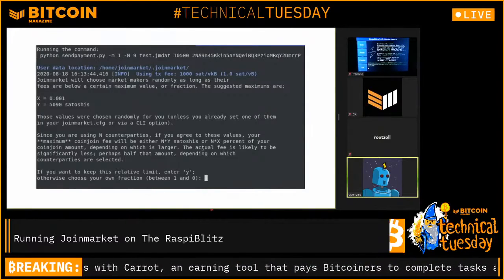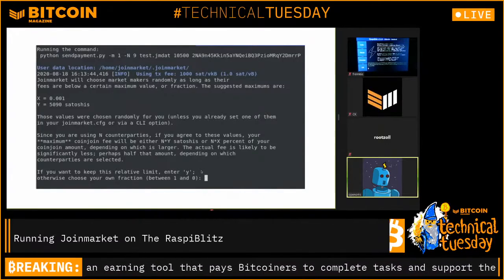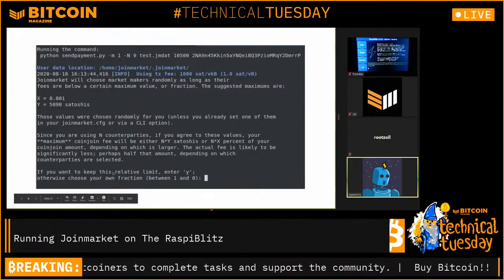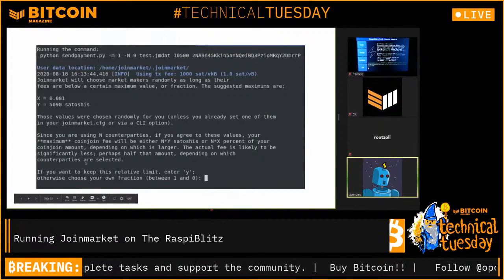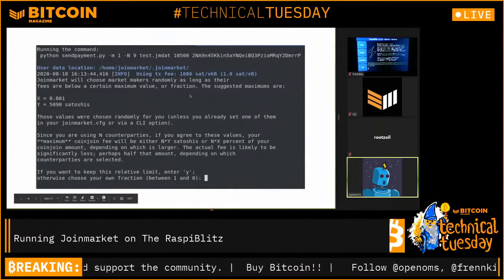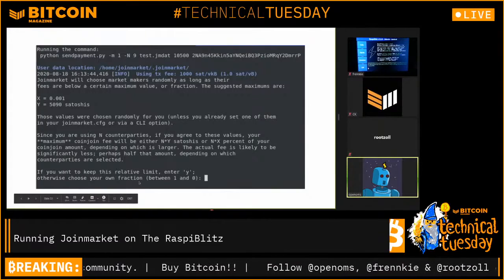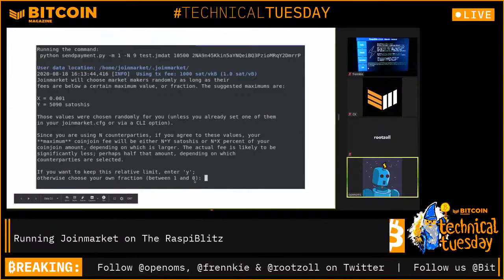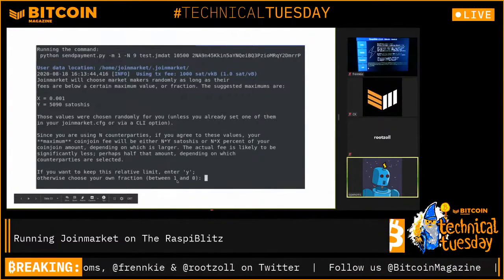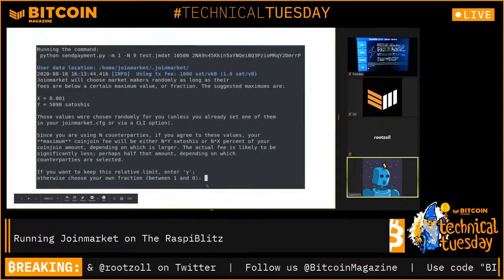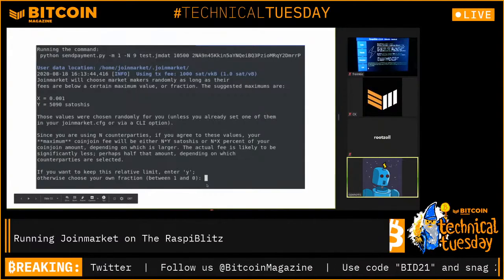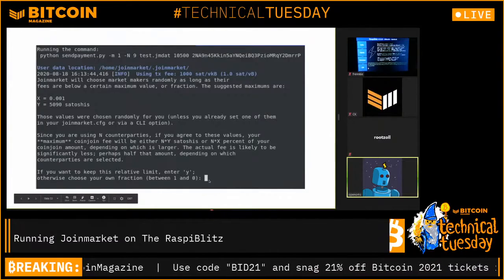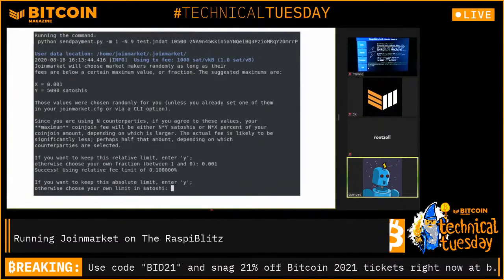And it, again, if it doesn't have default options, which these are not defined by default, but can be in the joinmarket.cfg, you can confirm how much you want to pay for the CoinJoin itself to the makers as a fraction. So that would be between 1 and 0, where 1 means 100%. So if you would want to go down to, for example, 0.001%, you would write in 0.001, which I think I've done here, yes,